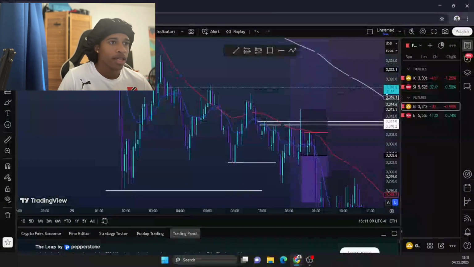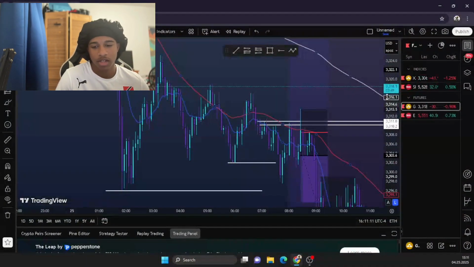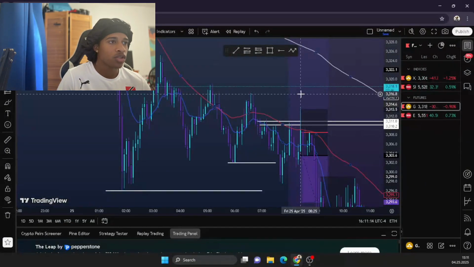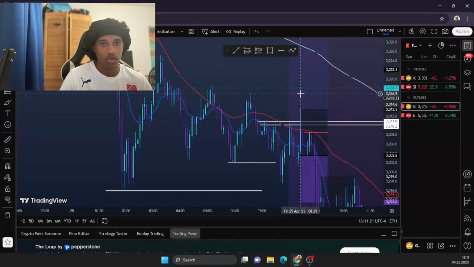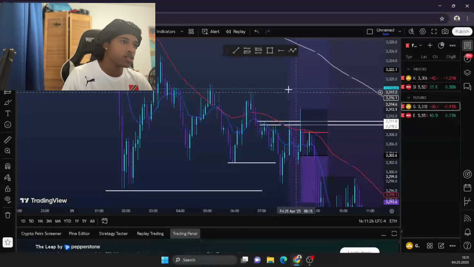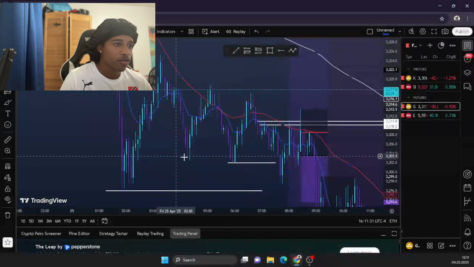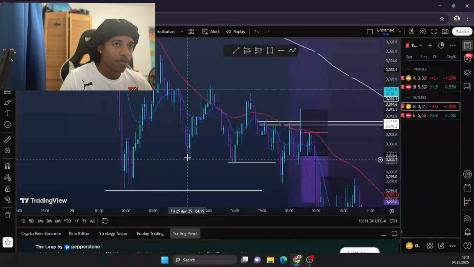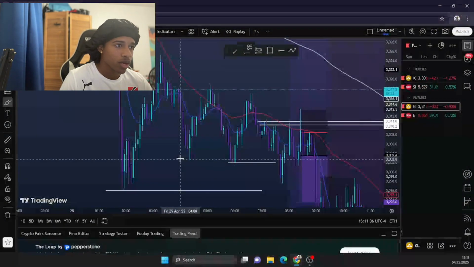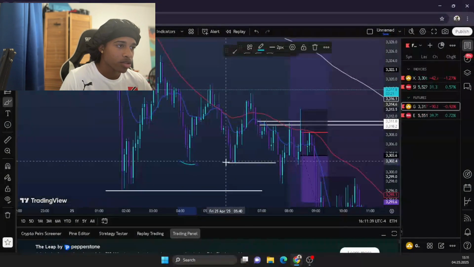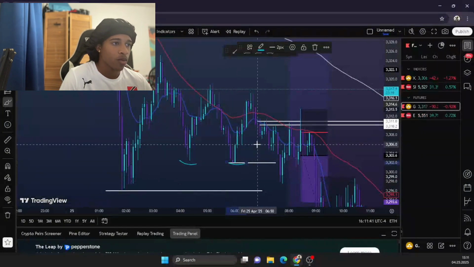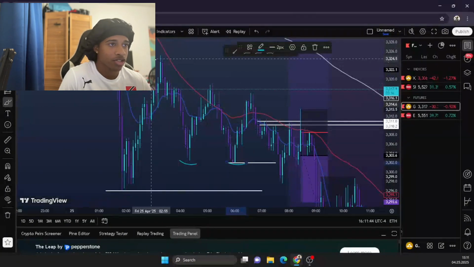So before market open, we did have news today at 8:30. Usually it sometimes affects US pairs, so I was just waiting and anticipating to see what price was going to do. But price didn't really do anything during 8:30, right? So what can we realize here? Price is literally just ranging, right? If you realize, we have one tap here. Hold on, let me see if I can take this out, right? We have one tap here, two taps here, right? What does that indicate? Price is starting to range, right?